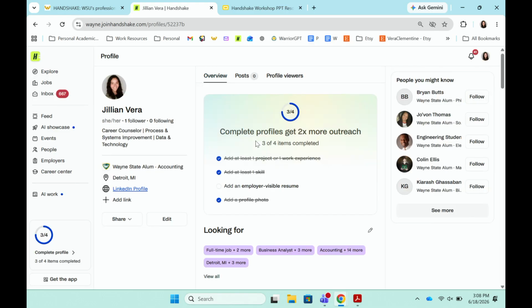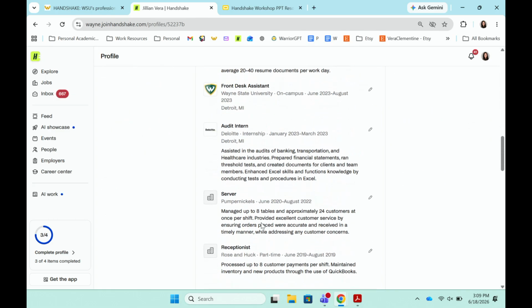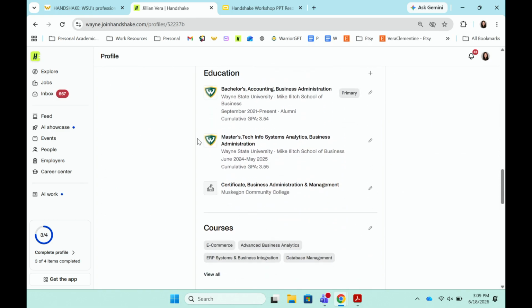Awesome. So now we're going to go into a few of the other sections. So those ones were the main. So we have our education. You want to make sure that's filled out accurately. You want to make sure that you have your major, your actual degree, which is going to be a bachelor's if you're undergrad, master's if you are a graduate student, and then all majors at Wayne State University's Ilitch School of Business, you are all majoring in a bachelor's in business administration. Your major is going to be accounting, TISA, entrepreneurship and innovation, global supply chain management, finance, marketing. That is going to be your major. So you want to make sure that you have your